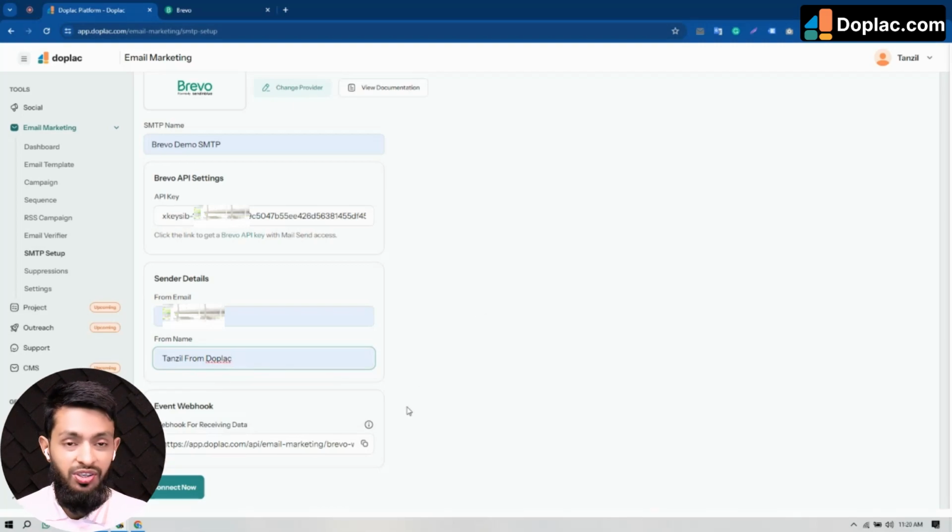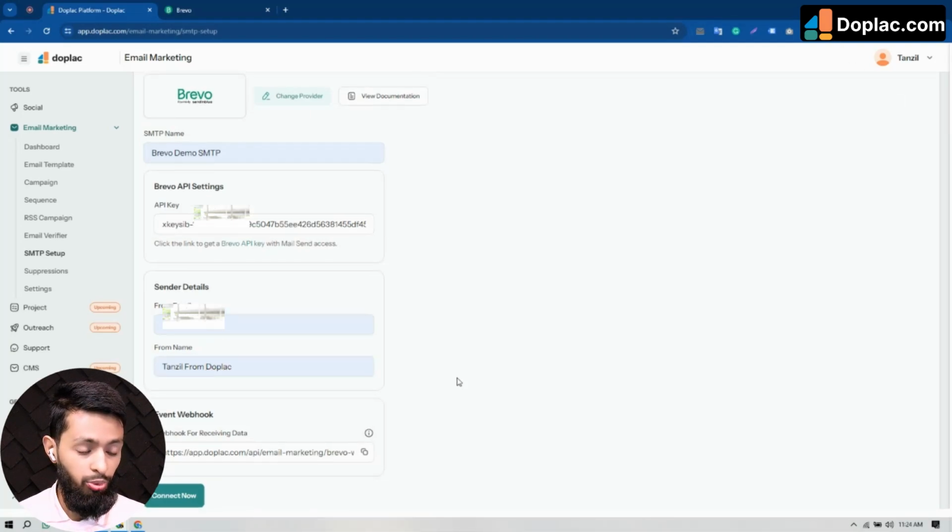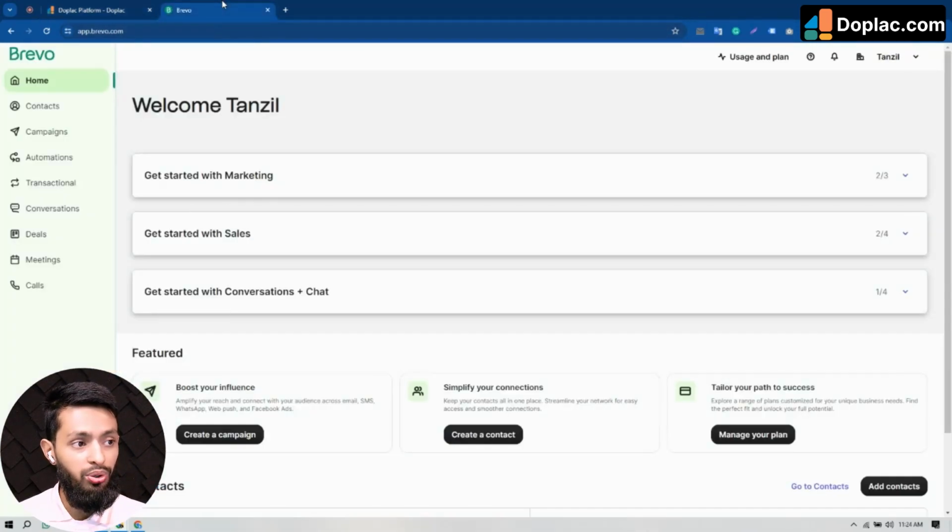And here it is, when your sender details are ready, then you have to set up your event webhook to track your email open rate, click-through rate, and every single thing, all the important measurements. To track all the important data from your email campaign, you have to set up the event webhook. To set up your event webhook, just copy your webhook from here, from your Doplac account, then go to your Brevo